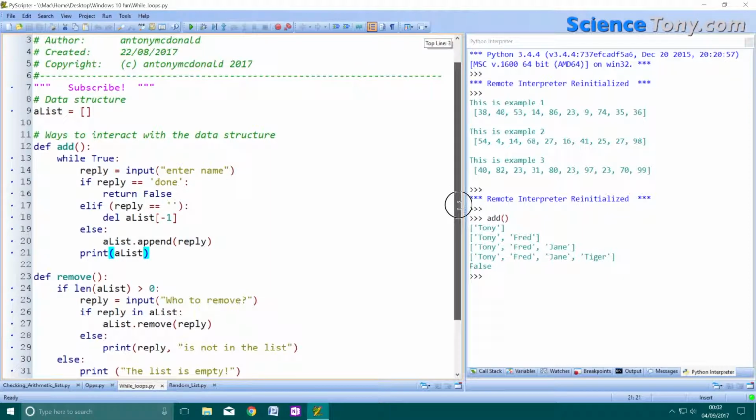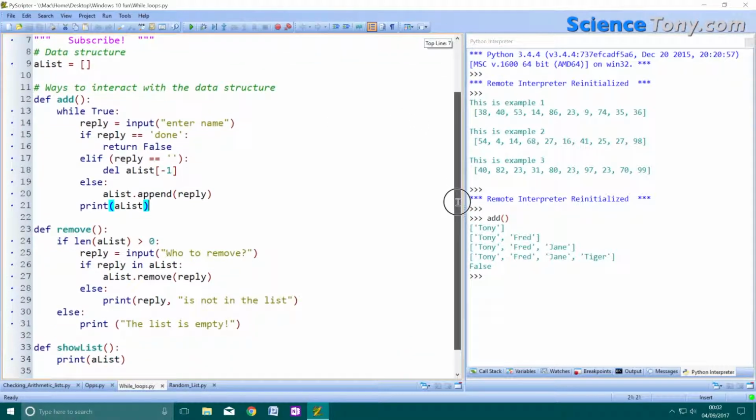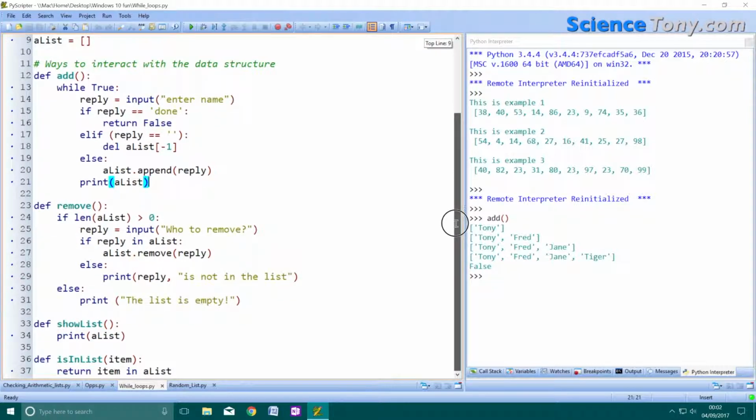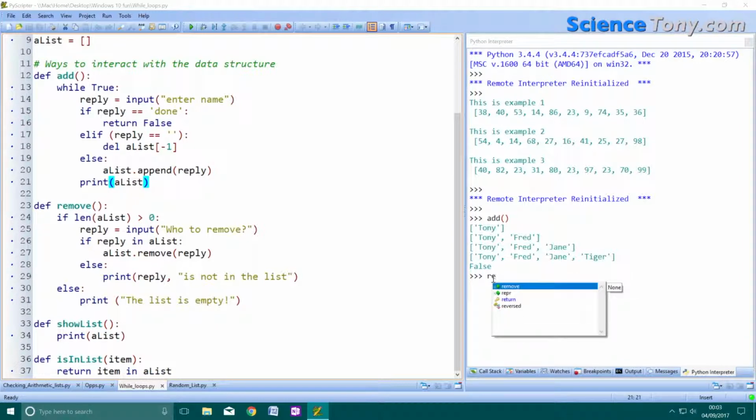Because what we have here is a list, which is basically a data structure, and it has its own things that you can use to interact with it. But I've created some new ones that we're going to use. So add, we've seen, remove. So now if I call remove,